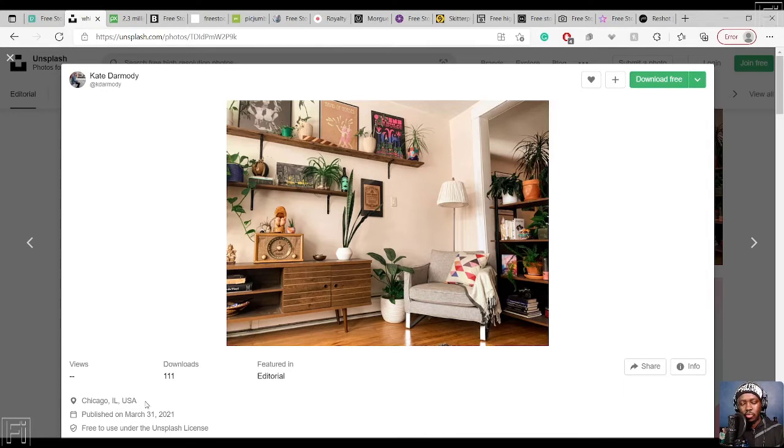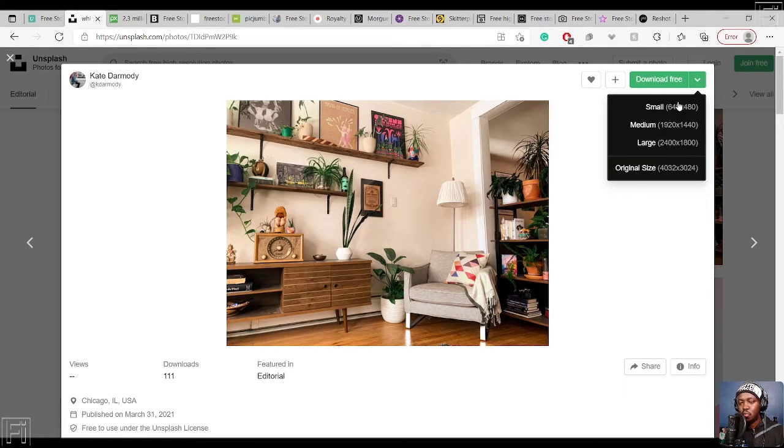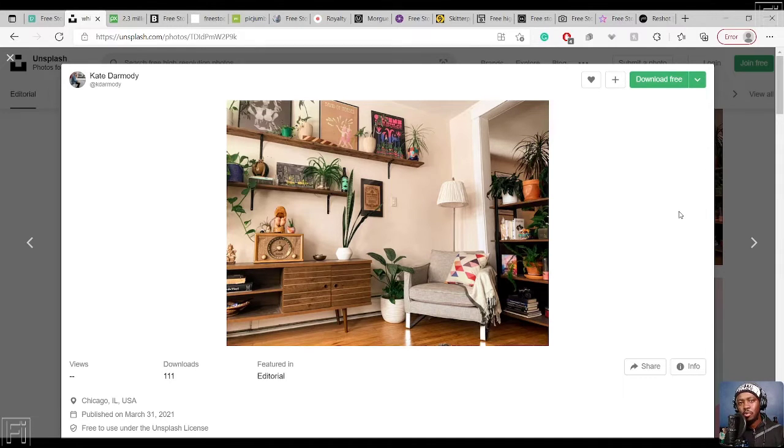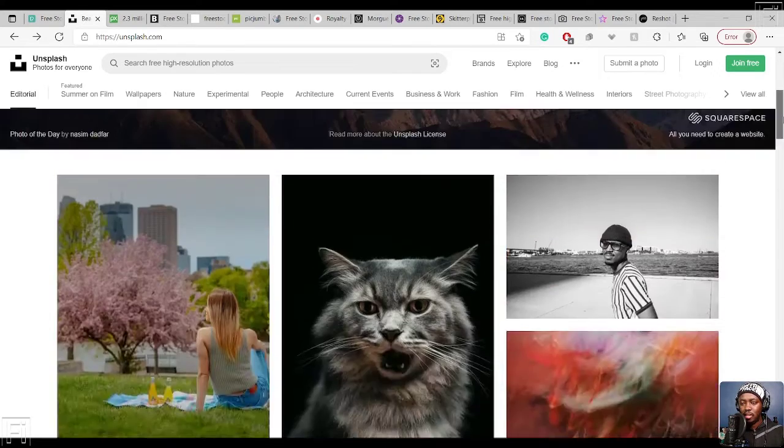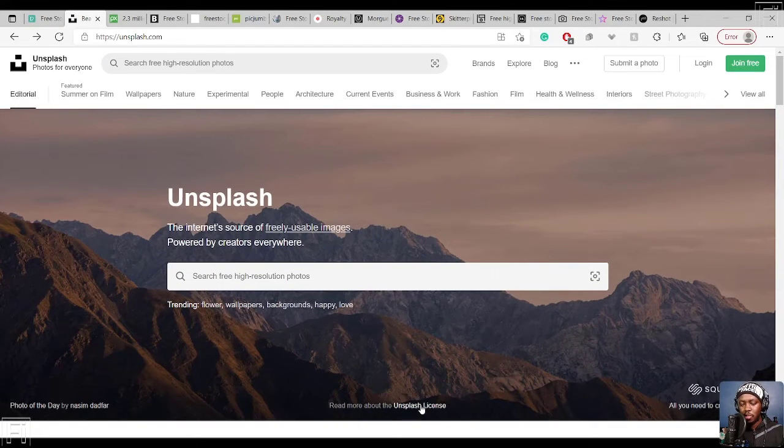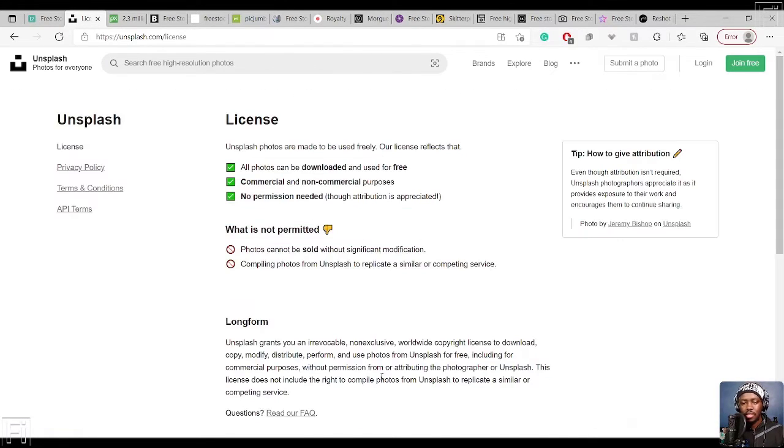and the date it was published, and the downloads, you can see all that. And then you can just choose what size you want to download, the original size, etc. It's pretty flexible, and you can get very good quality images. The one thing that I always recommend is look at this particular license, Unsplash license, and as it reads is